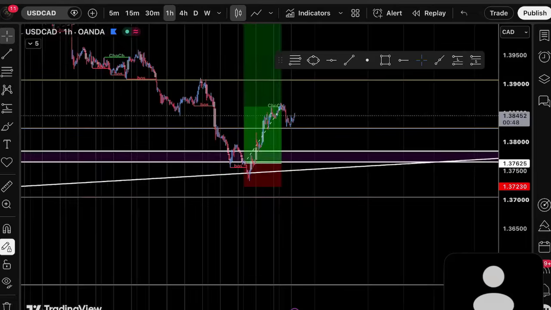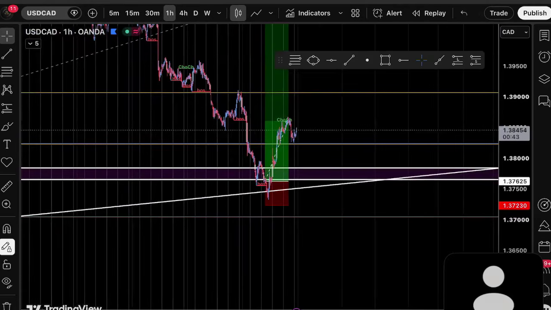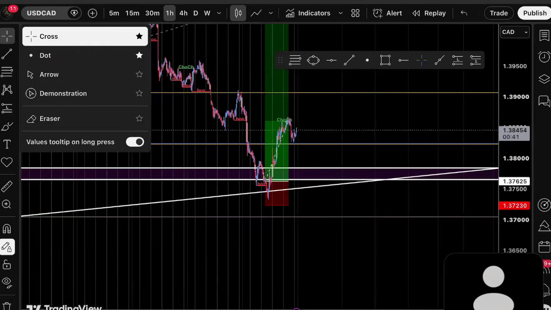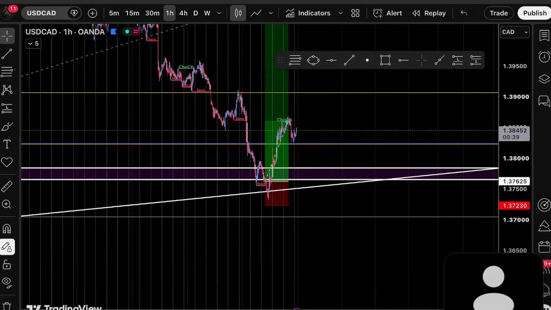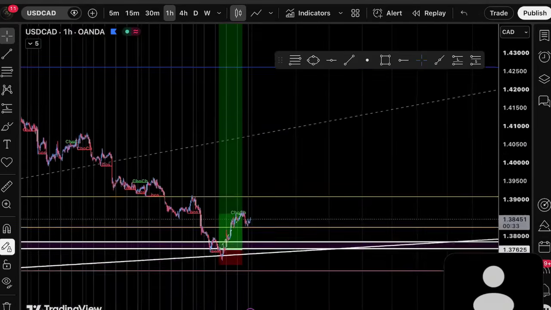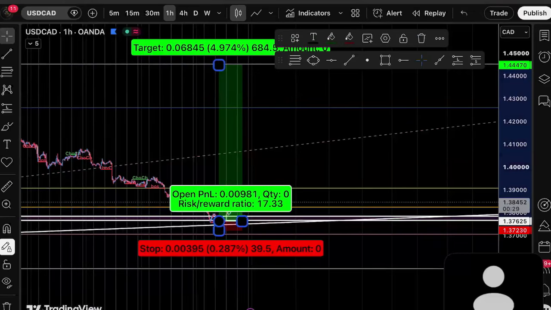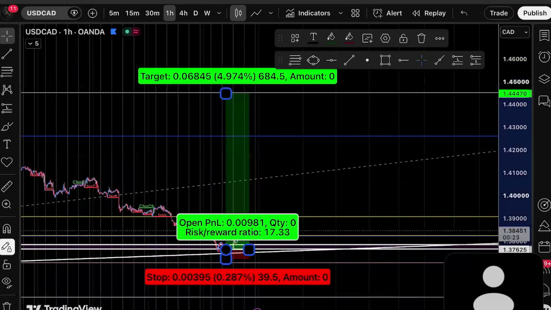Me personally, I don't really swing gold long term. I kind of intraday trade gold. So I take shorter trades with gold than I would on this USD CAD trade to be exact. Because guys, if you see this, this is a crazy risk to reward. Honest, this is a 1 to 17 risk to reward. I ain't gonna lie, I'm literally risking 40 pips to make over 600